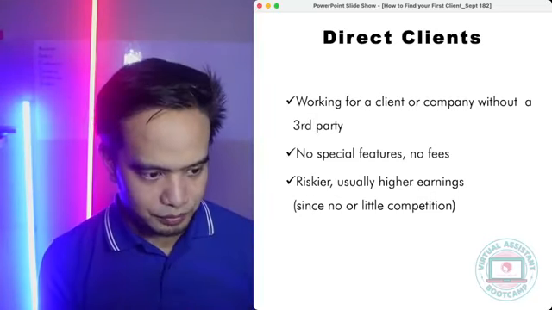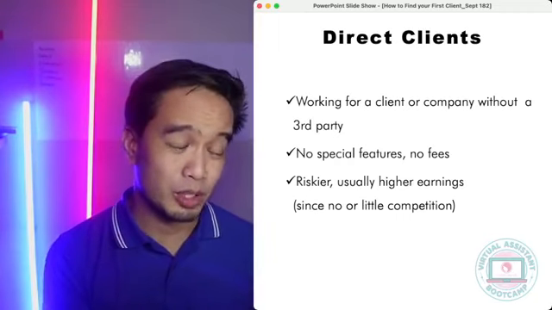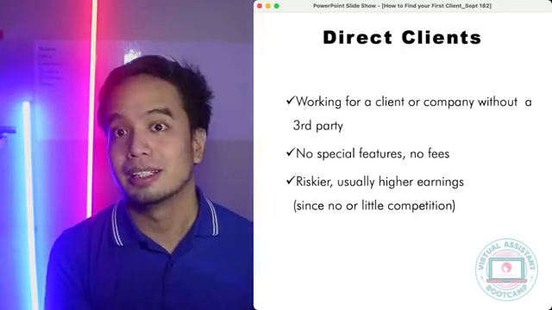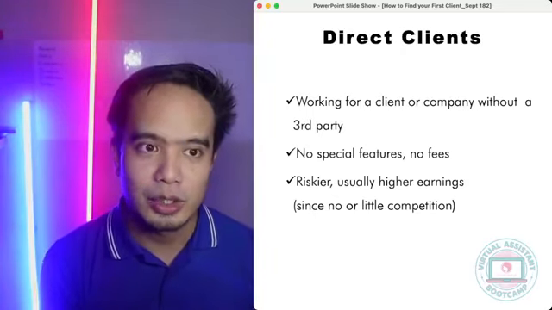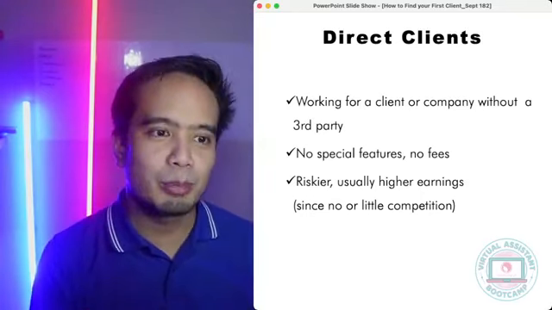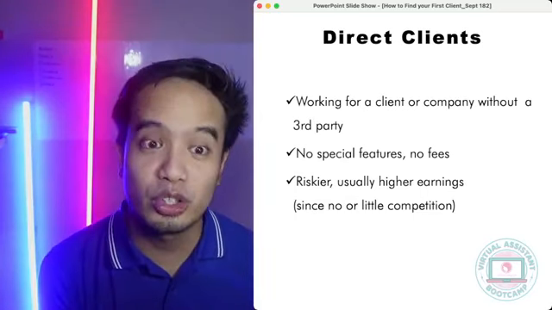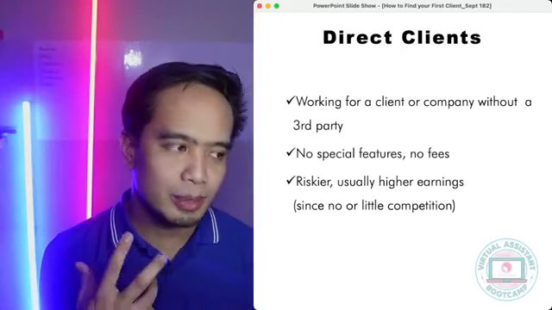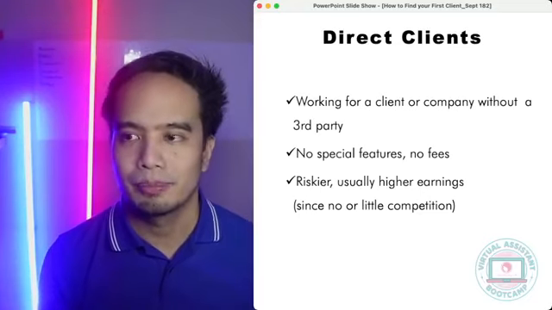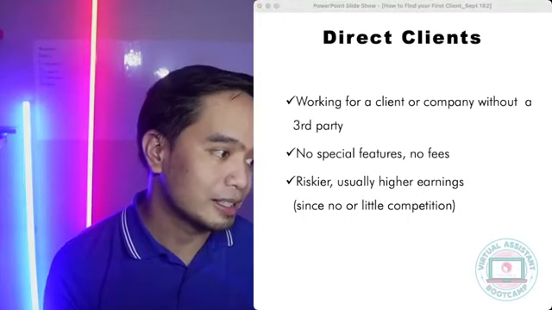So, one example here is if you, let's say, yung mga job placement board, yung mga ganun, di ba? Let's say, direct clients, let's say, hanapin mo si Linda, yung cupcake seller, and say, oy, do you need help? I can help you with your, punta ka sa Facebook, punta yung mga Facebook page, PM mo sila, you send a message and say, hey, I can help you with your, managing your orders, ganun. So, that's what going directly to a client is. Lalapitan mo sila on your own and say, kailangan mo ba ng tulong? I can help you. Okay, that's what happens when you work with direct clients.